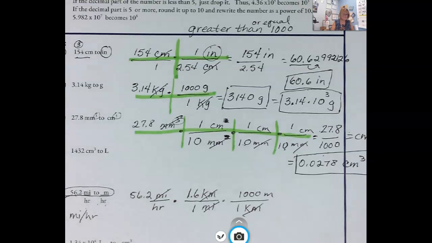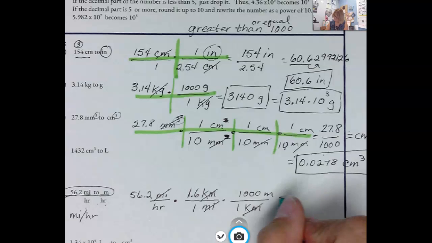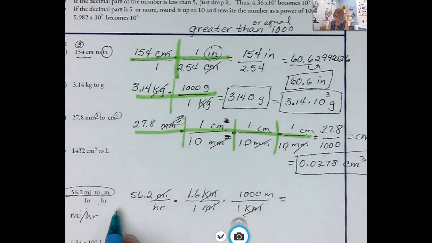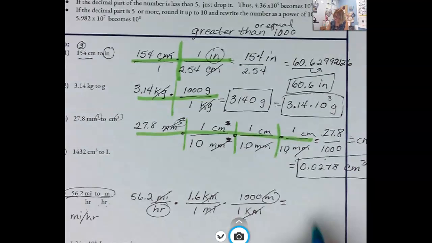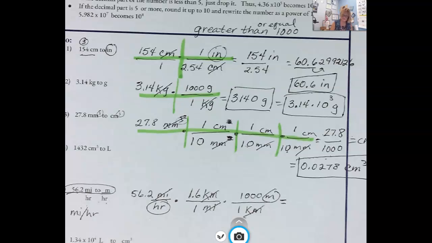And if you had a conversion factor table that had from meters to miles, then that would not be a problem. Okay? The rest is just math. Again, because when I go through my labels, I have this left and this one I didn't touch. So we have 56.2 times 1.6 times 1,000. And it's